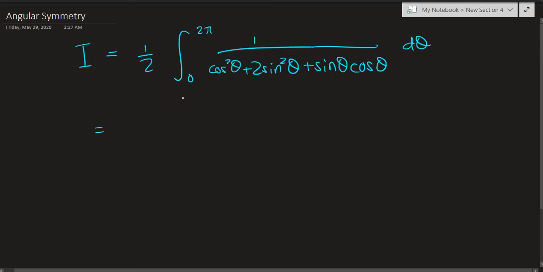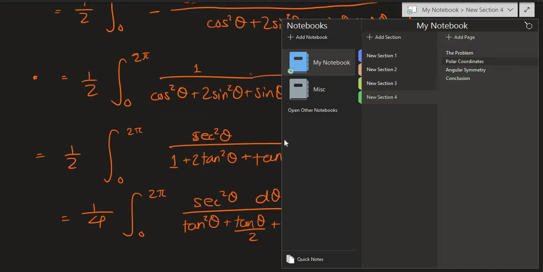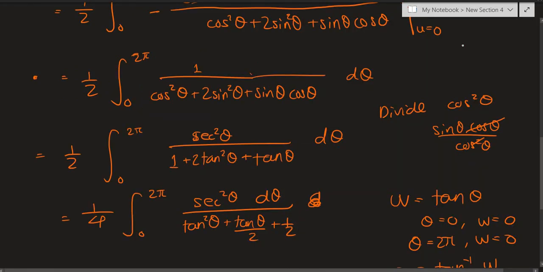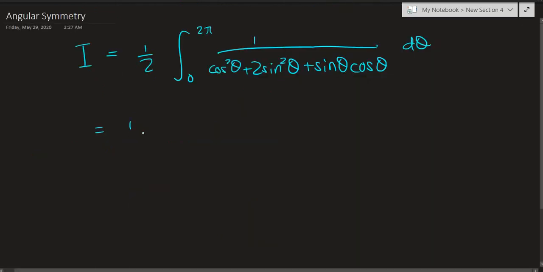First let's write that in the tangent form that we obtained. The tangent form that we wanted was this, right? 1/4 of secant squared theta and all that. So we just write 1/4 of the integral from 0 to 2 pi of secant squared theta d theta divided by